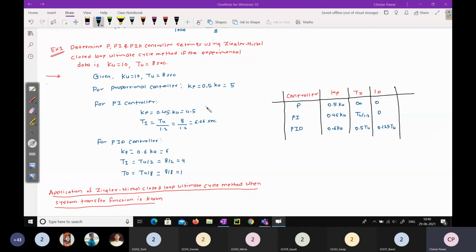TI will be TU upon 1.2. This is right. So here 0.5 TU is there. Okay, for PID controller 0.5 TU is there, right? So TI will be TU upon 2, so that will be 4, and TD will be TU upon 8, so that will be 1. So here